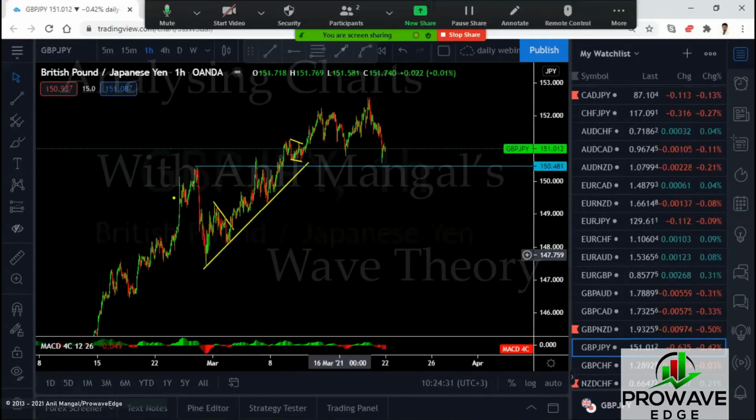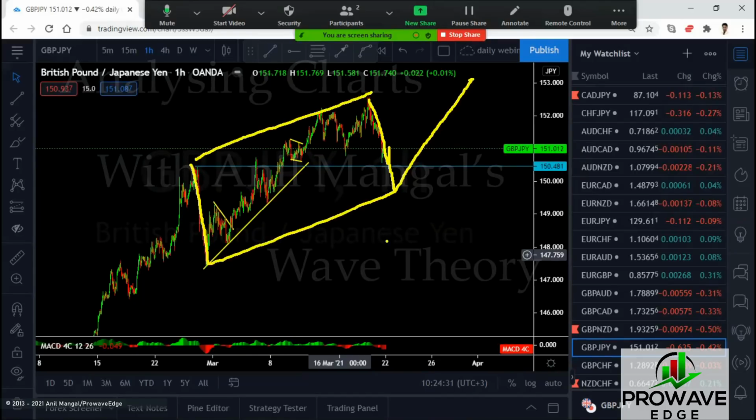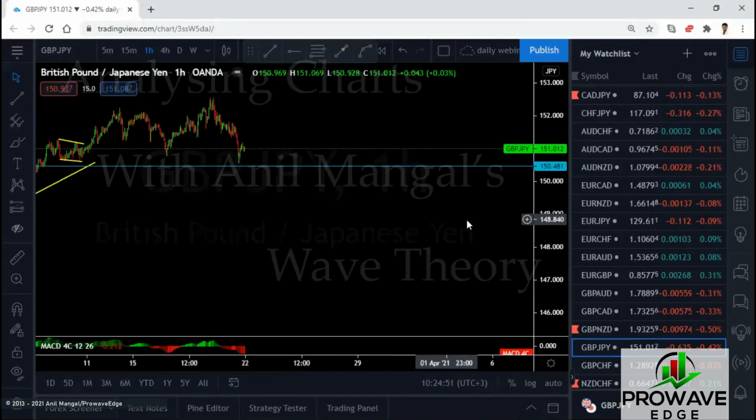Pound yen. Remember, I always tell you, watch these sharp moves. You always get them in the future. So I think we're getting it here now. I think this could be it. It might go a little more down. Not necessary, but it could go a little more down, and then we're expecting upside. This would just be a big running flat here. And then upside, right? So watch that. It's coming down a little. You might get a trade here.